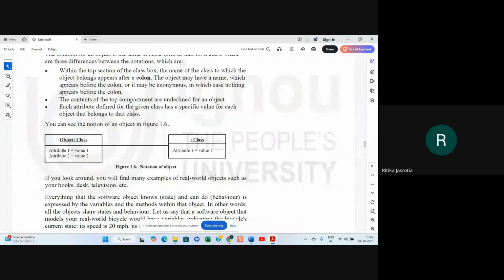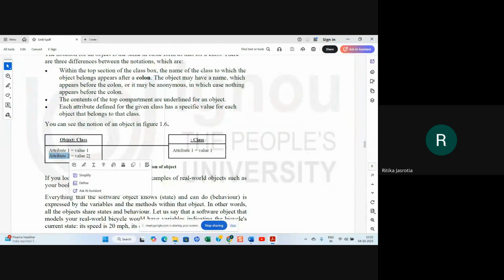So now, suppose the student class is there, and the name of the object is Suman, a name of the student: Suman colon student. Attribute one is roll number, equal to the value of the roll number you have to give. Then name is the second attribute, equal to the name of the student, like Suman, you have to give.